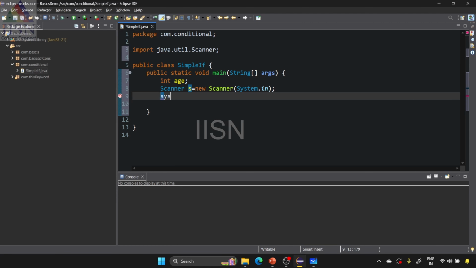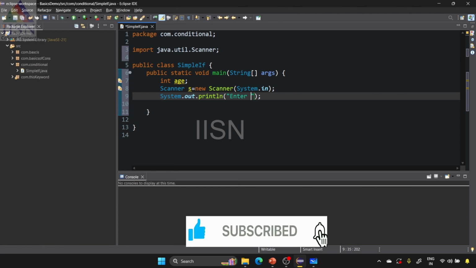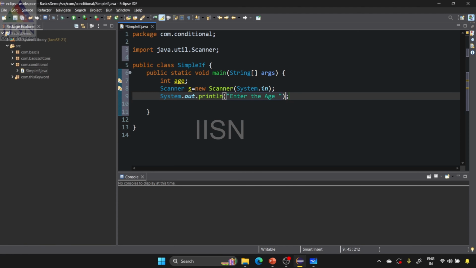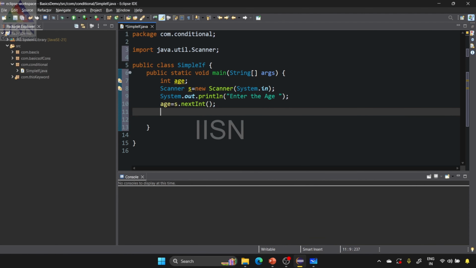For that, I need to get the input from the user. So I'm going to print the statement, enter the age. After seeing this statement, the user is going to give the value, right? Here we have the Scanner class for reading the int. So I'm going to use the nextInt method for reading the integer value. Then I'm going to check the condition: if age is greater than or equal to 18, I'm going to print the statement